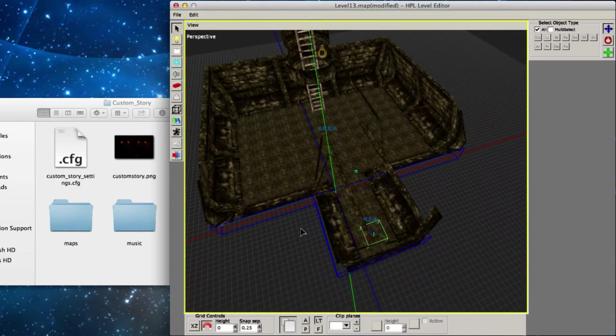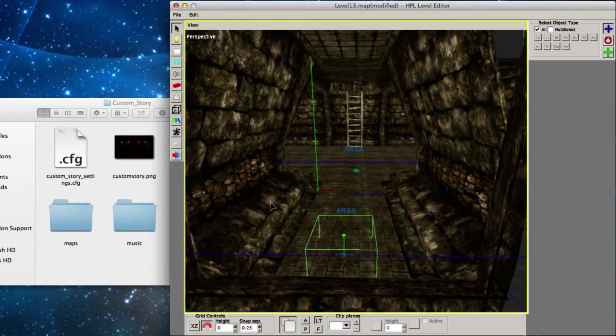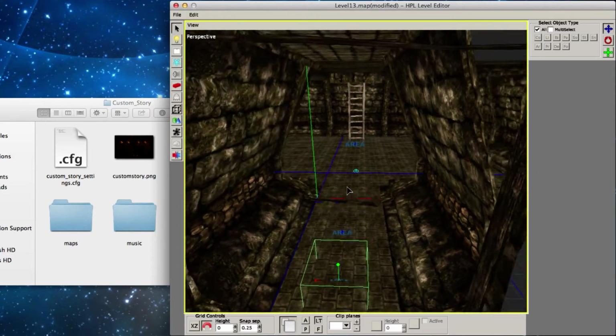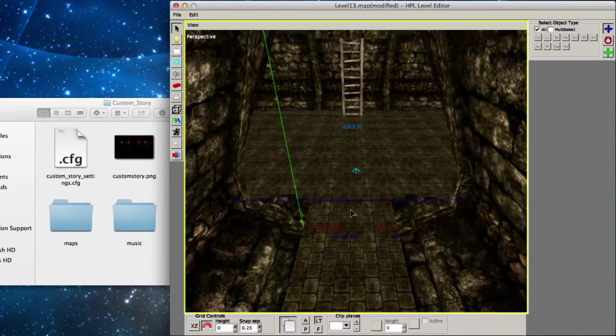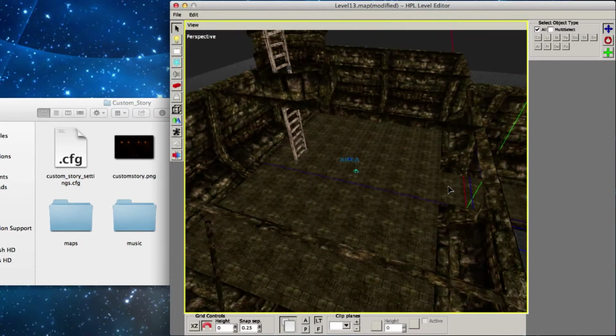So it basically just makes the map a little less optimized because it requires more time to load the files out here, and you're not even seeing them anyways. It's always a good idea to cut off as many items as possible to make it fast loading and all that stuff. Anyways, so here we have the area.